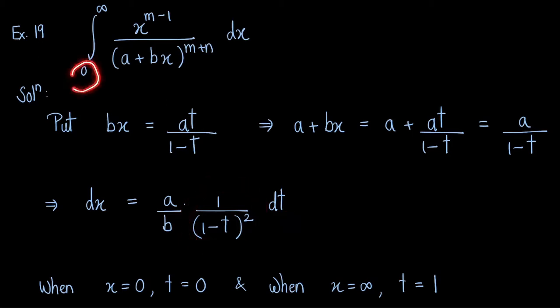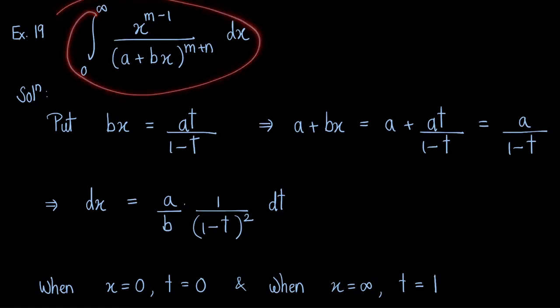Now, when x is equal to 0, we get t equal to 0. And when x approaches infinity, we have t equal to 1, since when t approaches 1, x will tend to infinity. Therefore, the limit varies from 0 to 1. Therefore, this integral becomes